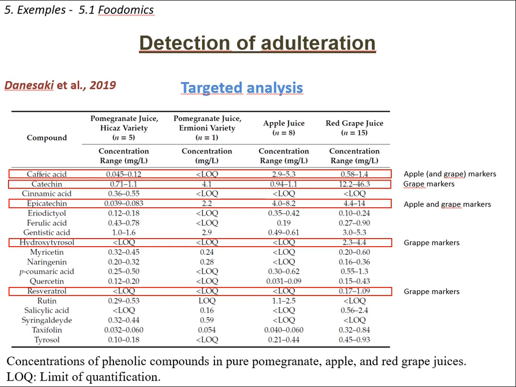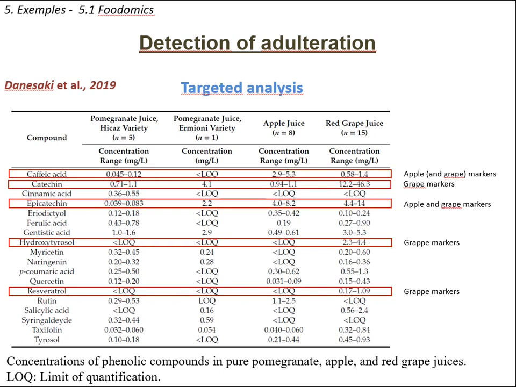And this is interesting just to find out what are the metabolites that are uniquely found in one particular juice. So for example, if you take caffeic acid, it's really a marker of apple, and to a lesser extent grape, because you have a high amount, between 2.9 and 5.3 milligram per liter in apple, and only